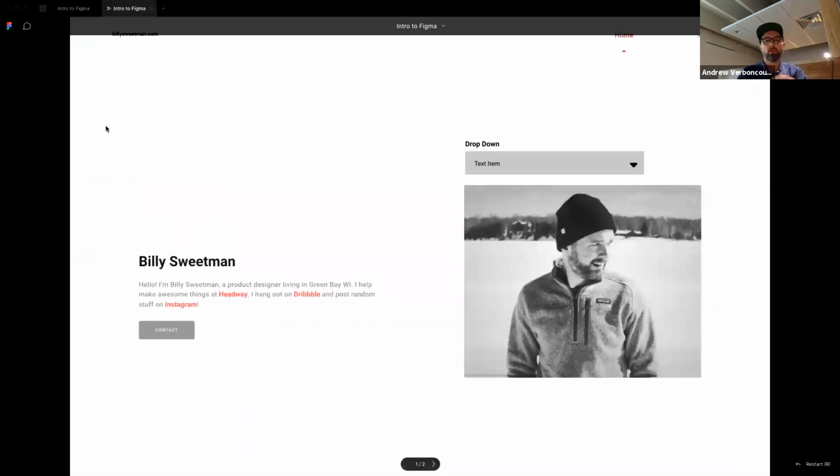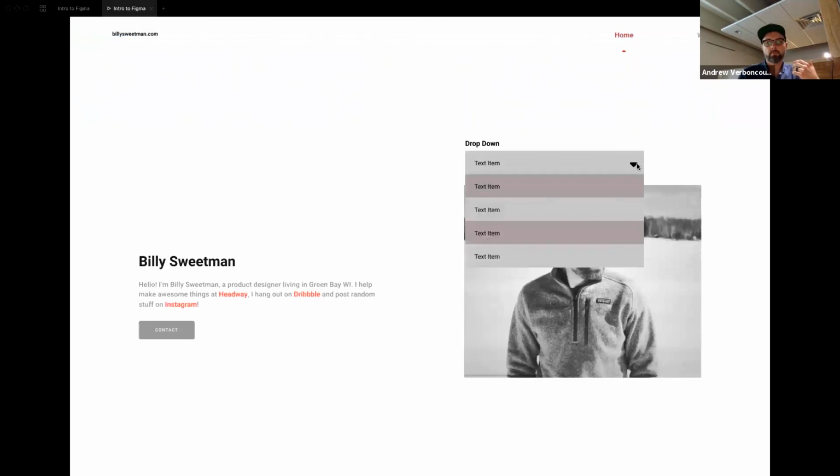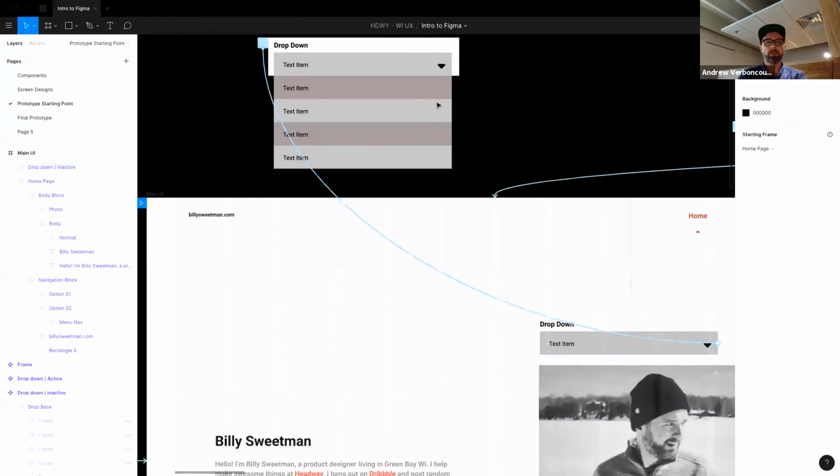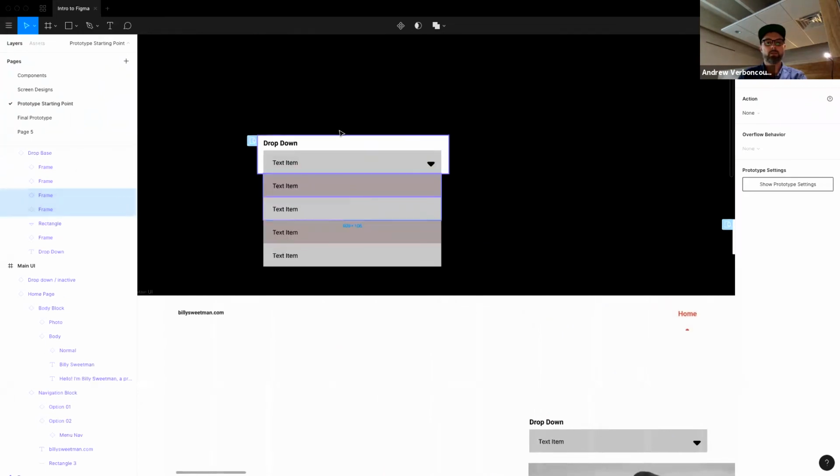So it can drop down over the top of things. It's just a way that you don't have to have things in the actual frame. So if you turn that clipping off, you can do some really interesting things with drop downs or different menu items that do overlays by just doing that replace. So you don't have to build out an entire block that is, here's my drop down condensed, then here's my drop down expanded. Another way to do this same thing is